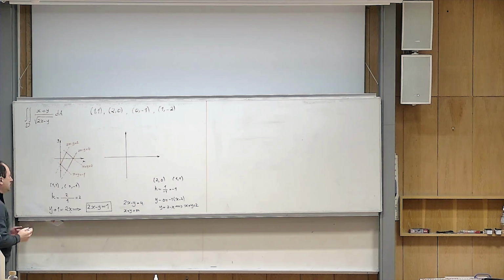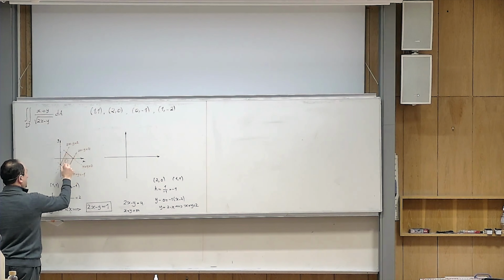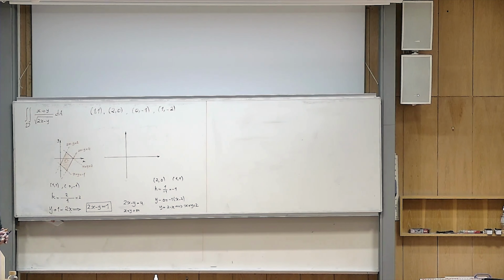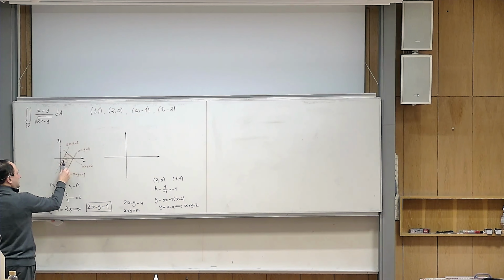So this is what I have, and this is actually your domain. So everything you see here and on the rim of this quadrilateral is your domain, and you are supposed to integrate on that. So by the way, if you want to integrate this directly, then you have a little bit of hard problem. So you have to divide this domain into two parts,